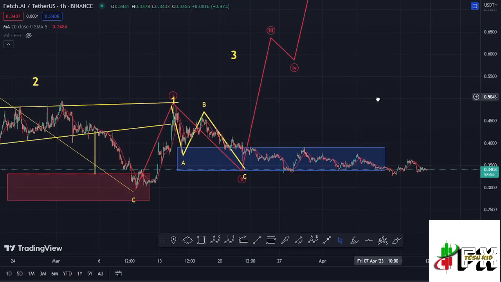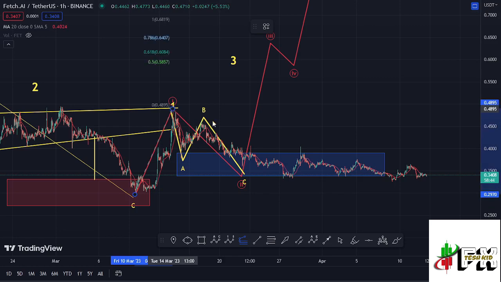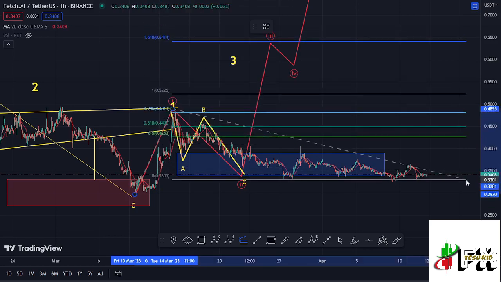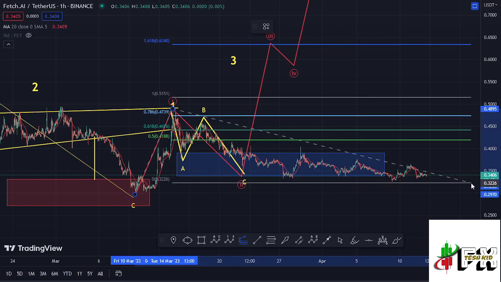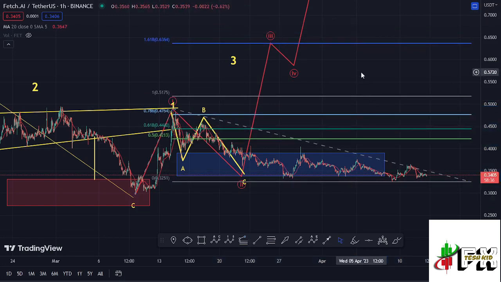And if that is the case, I can give you a target area in the formation of that wave 3 by connecting the trend based Fibonacci from the low of the first wave to the high of that wave 1, then dragging the fibs to the low of the second wave, and that now gives me a target area in the formation of that wave 3 at the fib level 1.618, and that is at around the $0.6364 mark, and that is the minimum that we can expect Fetch AI to do here on the short-term scenarios